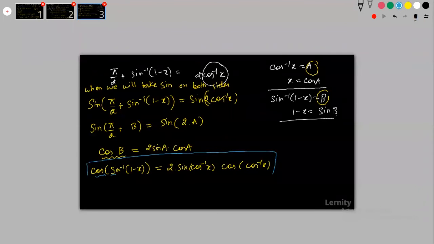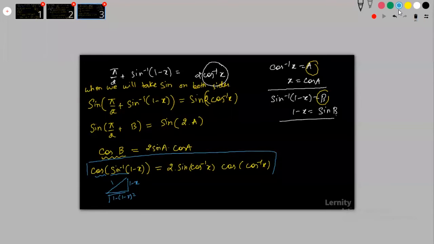Cos is involved with sine. So again, I have to make a triangle, right? Even if I make a triangle, there is no problem for me. It will give you the same answer, right? But here I have to make a triangle and then find sine of 1 minus x. So this is 1 minus x, and the hypotenuse is 1, so this will be under root of 1 minus x whole square, right? So now cos inverse will be this upon this, so this will be the cos inverse value.